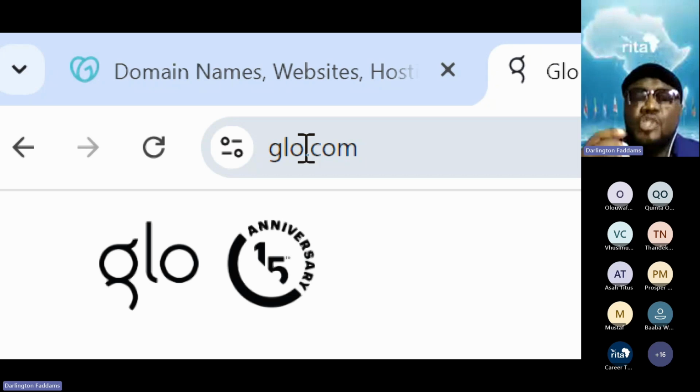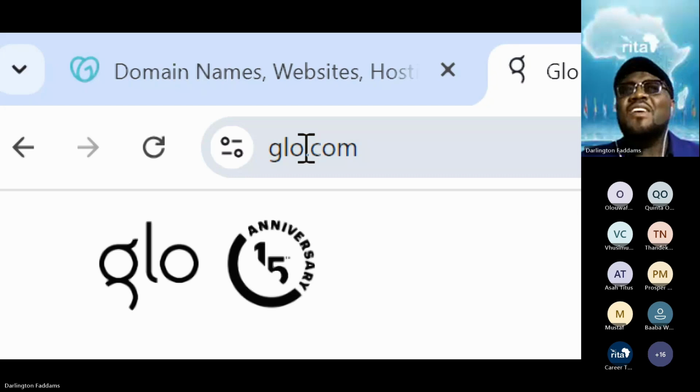Tomorrow, we'll talk about choosing your name, how to choose your domain name. And so all that we are going to learn now, don't rush to register any name yet. Let's take time and go through how to choose a name. And I've just mentioned one. Now, the longer your name is, the worse it is. The shorter your name is, the better it is. It is better to have a shorter name than a long name.